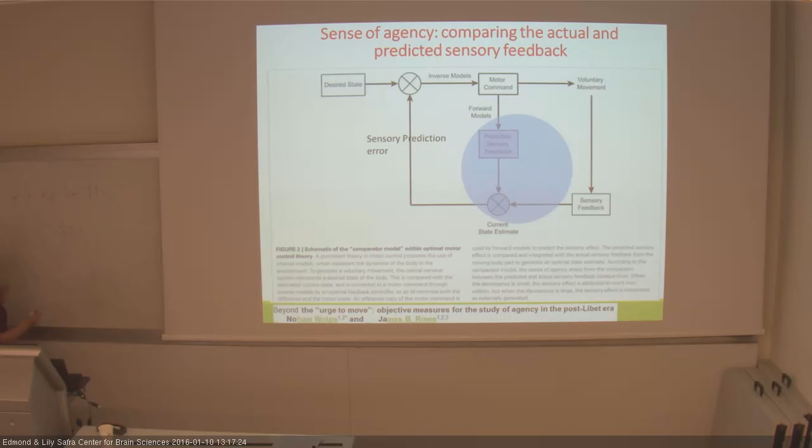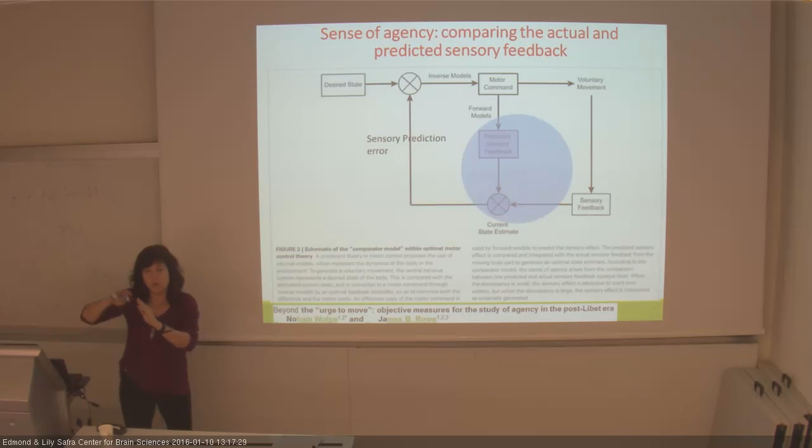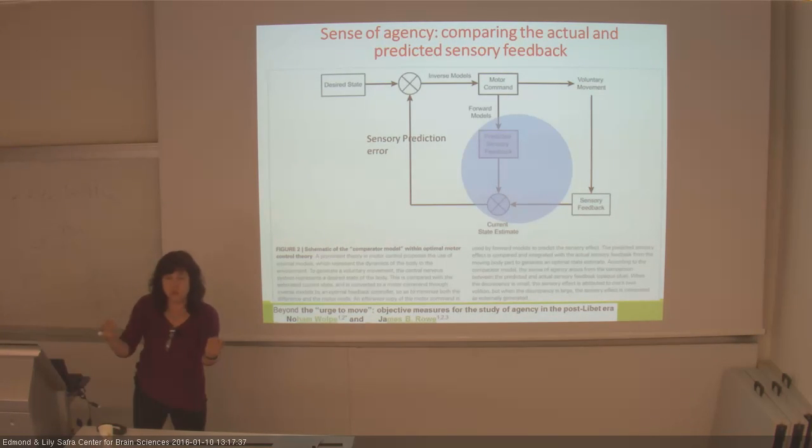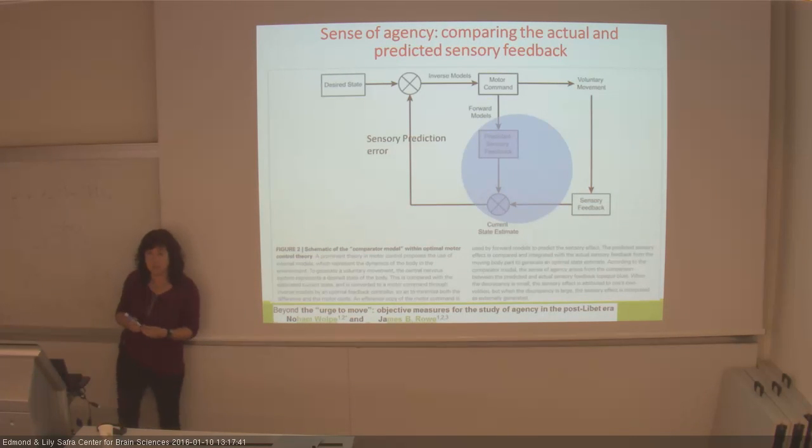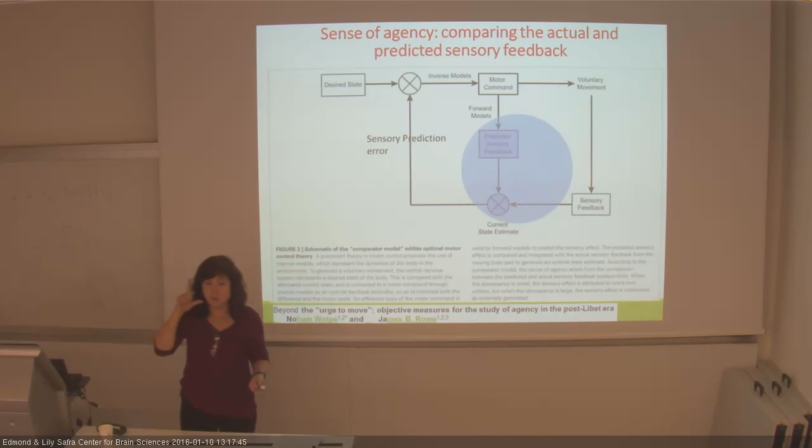The idea is that you send the motor command for the muscle to move, but you also send a copy for a comparison between your motor plan, or what can be accounted for by your motor plan, and the actual movement. Here, it's a very general concept. It's not specific to eye movement. For instance, it will also apply to